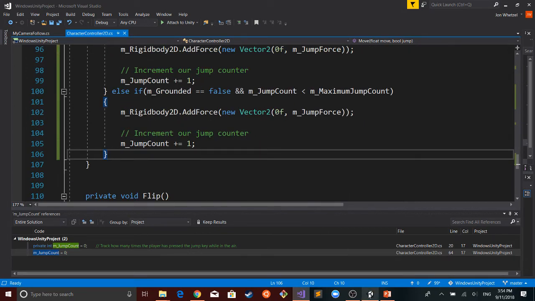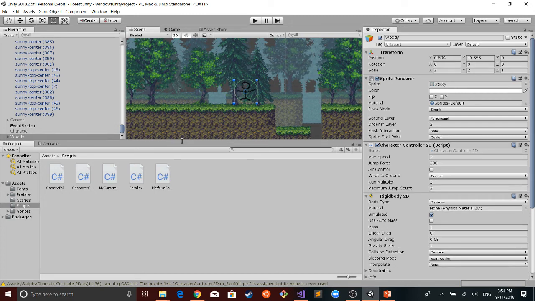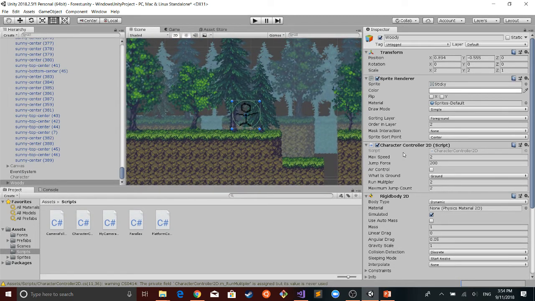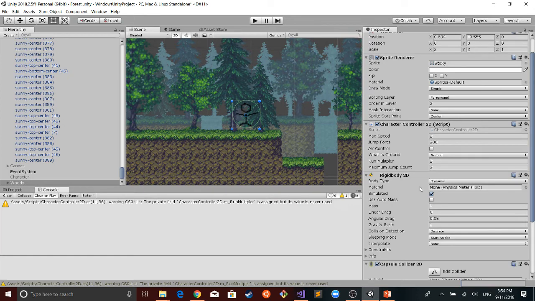So now I'm going to come back to Unity. Let's see. Okay, so it's now built. You can see now we have this maximum jump count as a value that we can modify. So it's public. Now we have it as a value in the editor. Right now we'll just leave it at 2.